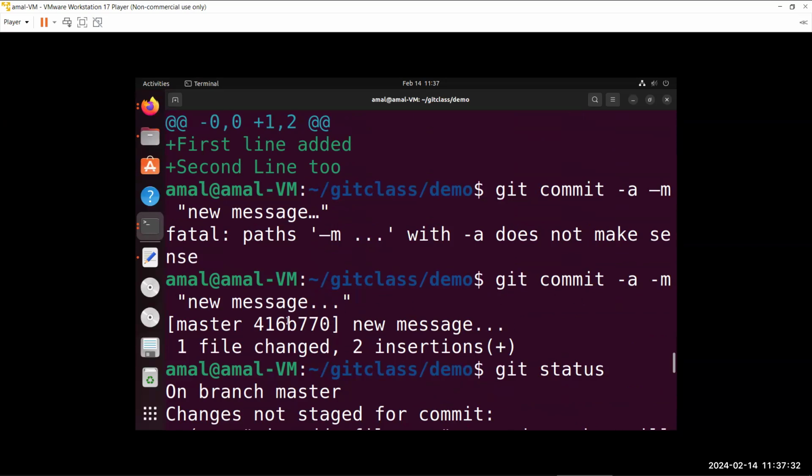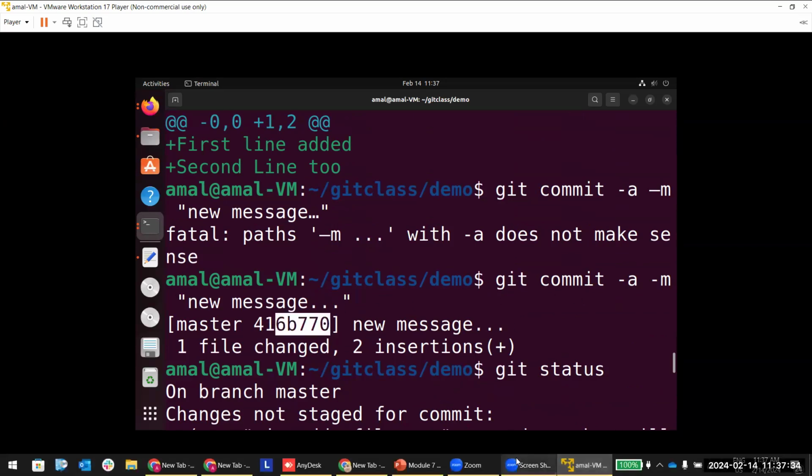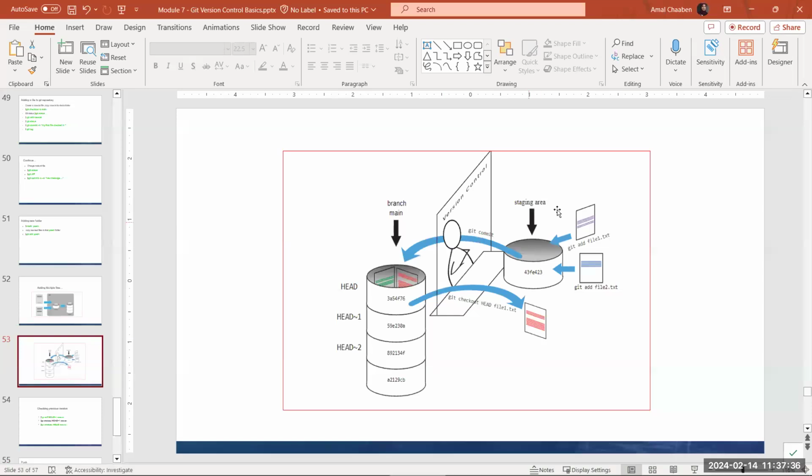Commit A, so we have these numbers. As you can see here, when we are putting in the staging area, we have also these numbers. Then when we put a commit, the version through the version control, so here we have the head tint1, head tint2, etc. So we are adding a new